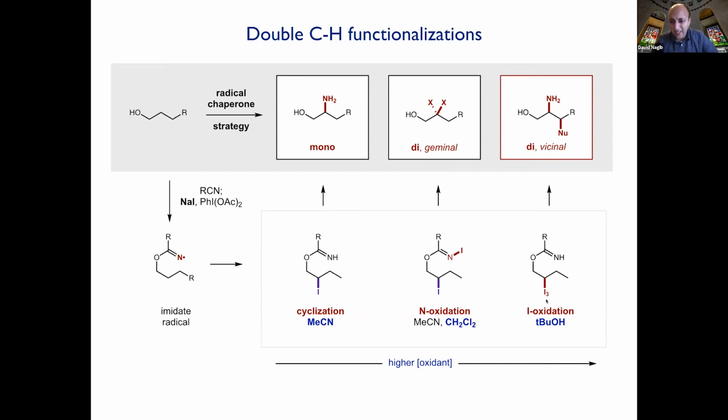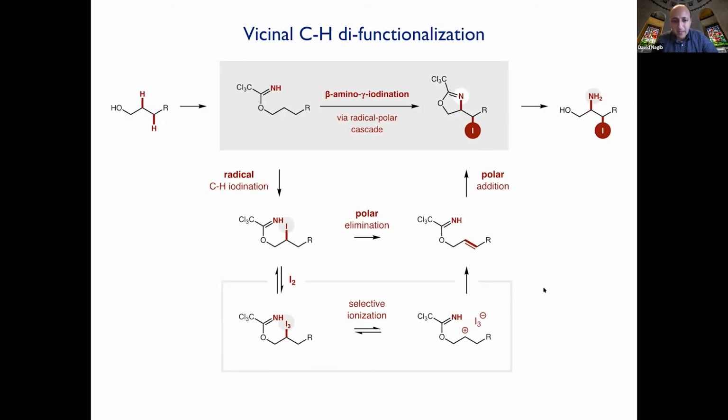This is a fantastic leaving group. In the literature, it's often referred to as a hyper leaving group or a hypernucleofuge because it's about 1,000,000 times better leaving group than a triflate. And so you can imagine here in this cascade sequence, after beta iodination and generation of the triiodide, you could even get sort of an E1 elimination here, or a dissociation of the ions, and then just elimination of this cation here to generate an alkene, and then you could finish off this radical polar cascade with just a 2-electron amino iodination